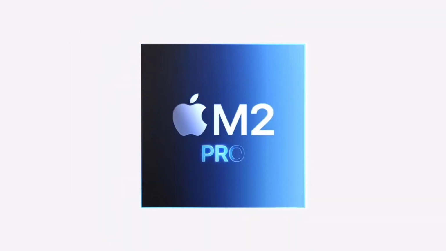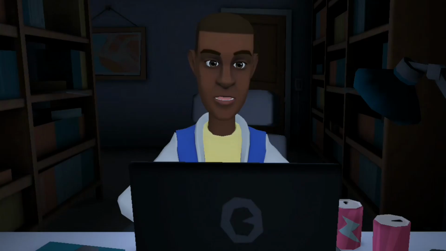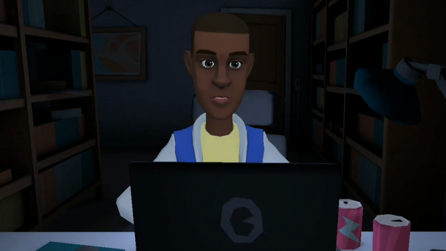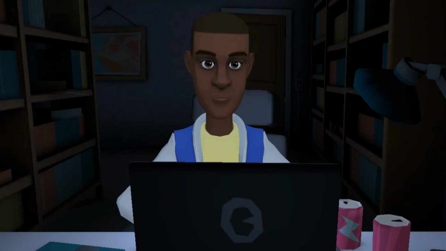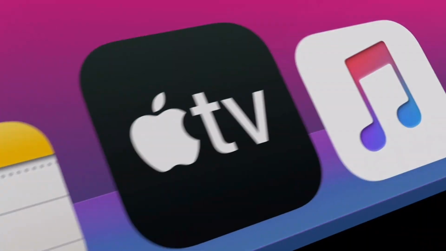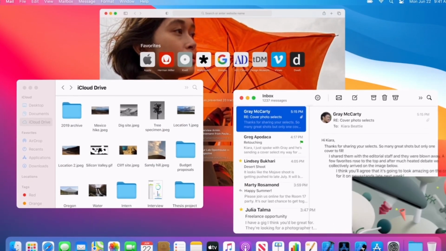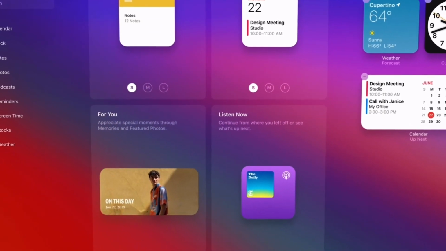If you already know that you need the performance of M2 Pro, M2 Max, M2 Ultra, or a different brand altogether, then you already know that MacBook Air isn't for you, and this video is probably a waste of your time. MacBook Air can tackle light video editing or coding, but its foundational purpose is to fulfill the needs of the everyday user. MacBook Air has enough unified memory to handle dozens of Chrome tabs, and enough battery to stream a season of Ted Lasso on a single charge, but there is a very specific demographic of people that